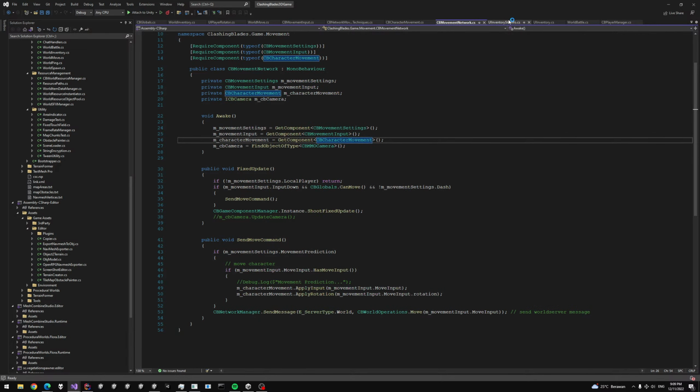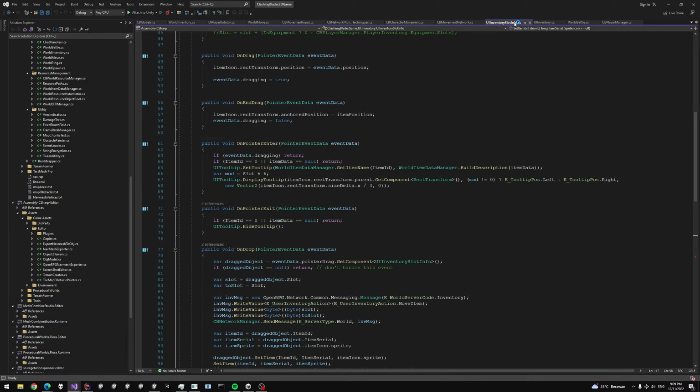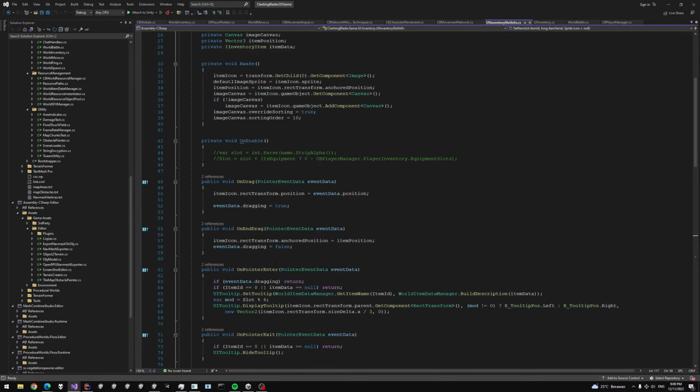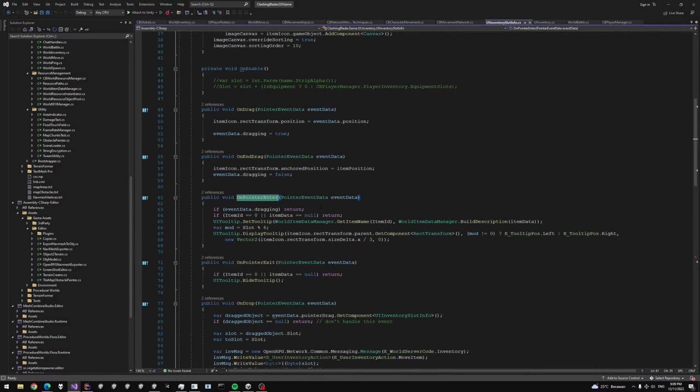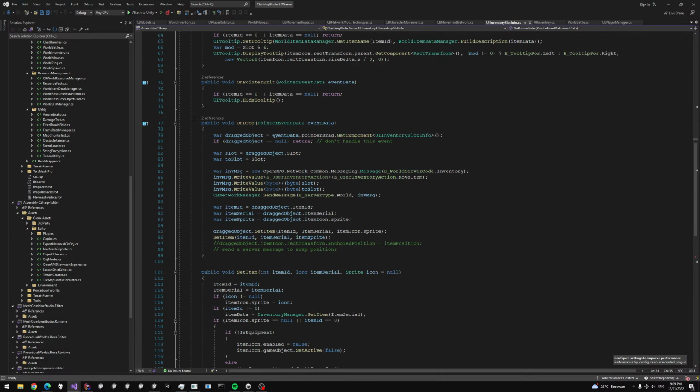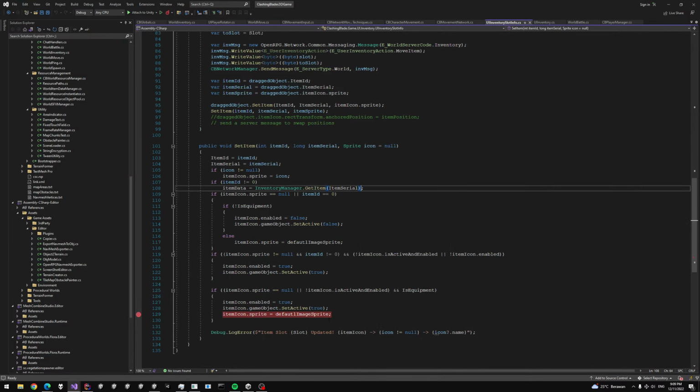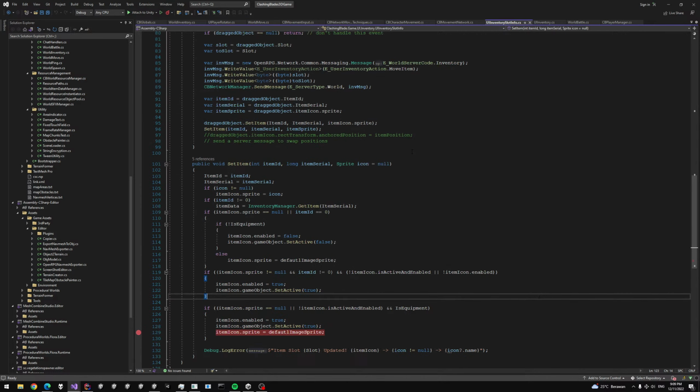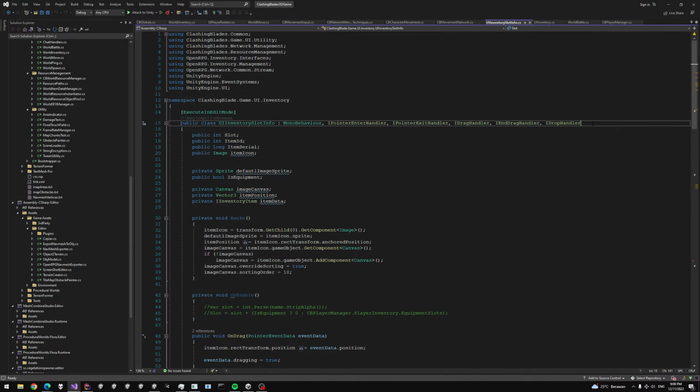Okay, that's the movement. Okay, this is the inventory slot. On pointer enter, on pointer click, on drop. So this is the drag and drop stuff right here. What we need to add is